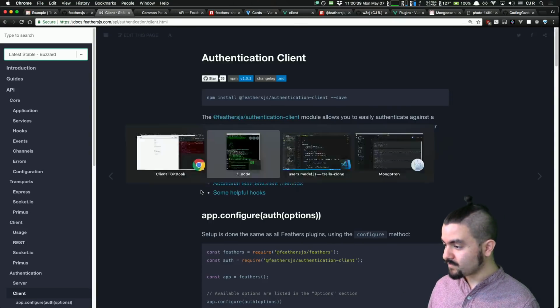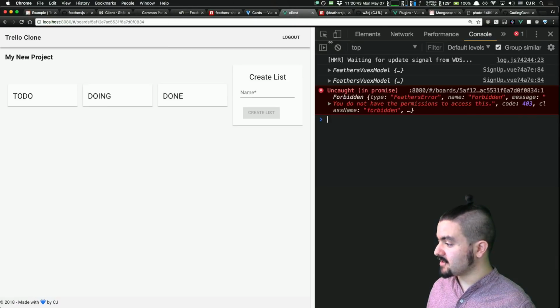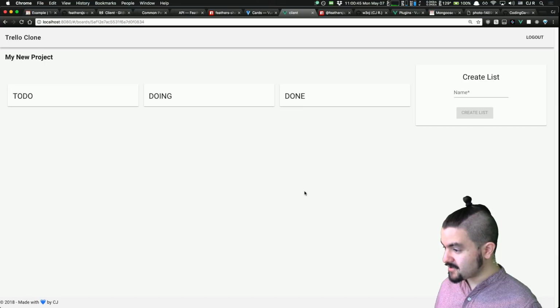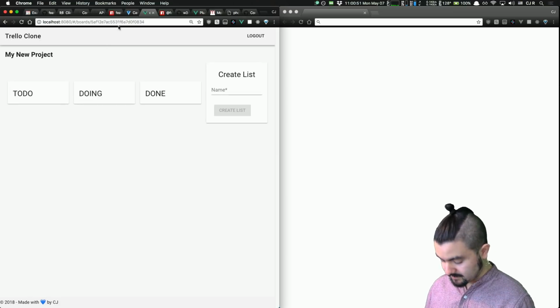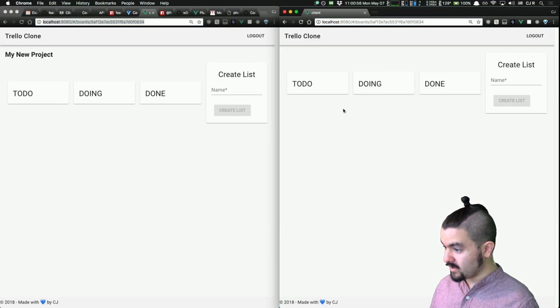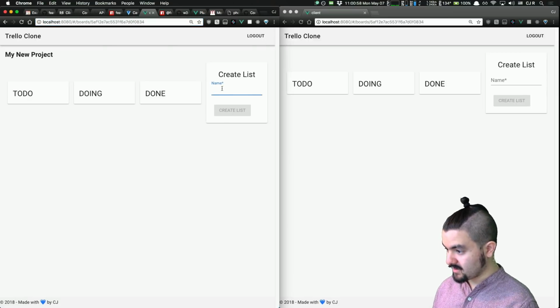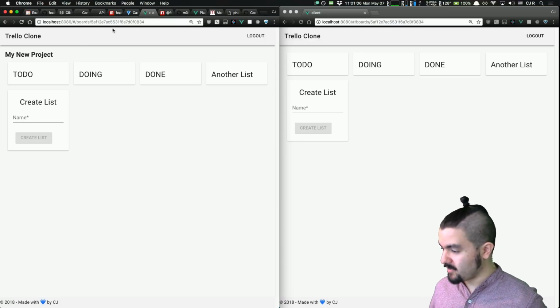So one thing I wasn't showing is because of the way we have this hooked up, if two users were both logged in at the same time, they would be able to see when new lists get created. So another list. No matter where you are in the world, if you're logged in and you have access to this board, you would see it get created. Or if I go back to boards,